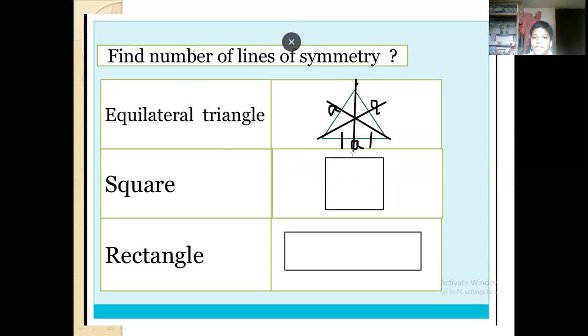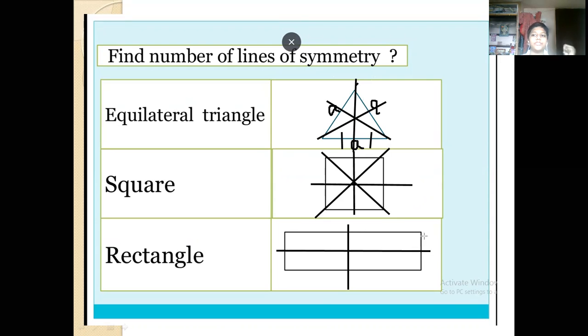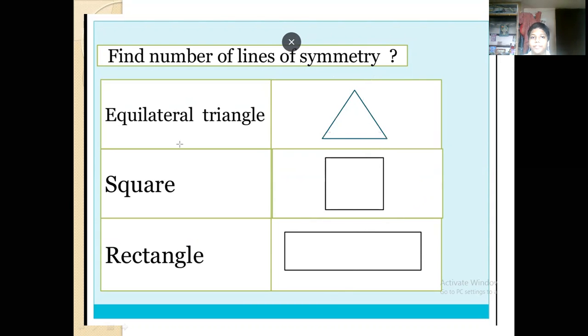And in a square, we had already seen one, two, three, four. Four lines of symmetry will be there in a square. In a rectangle, in the last example itself, we had shown two lines of symmetry, horizontal and vertical. Okay. So next,